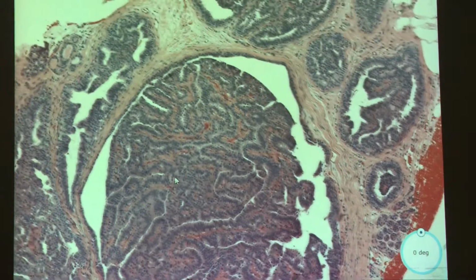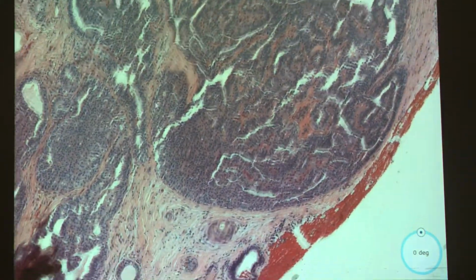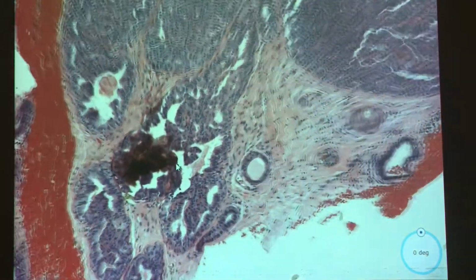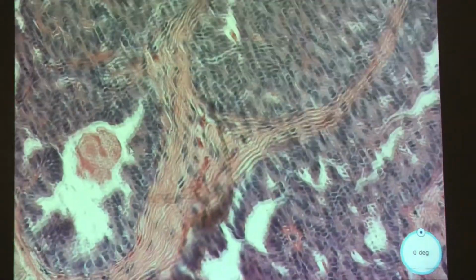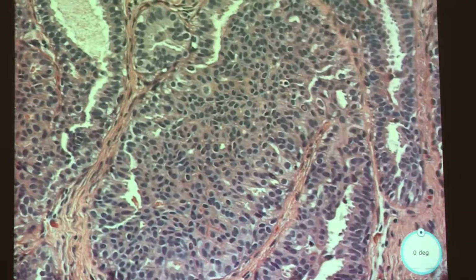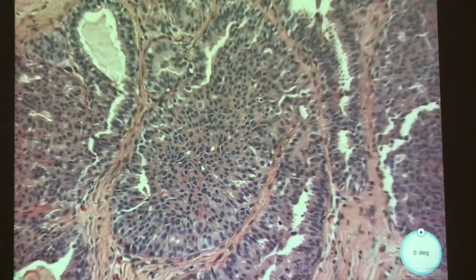Like sort of like the other one, at low power at least. I think that's just the thick section, right? Yeah. It looks like it kind of got pulled up and smushed and overstained a bit. But this part, I don't know, it's kind of